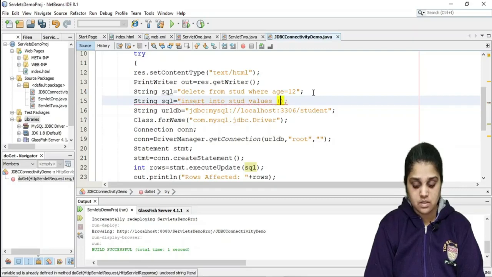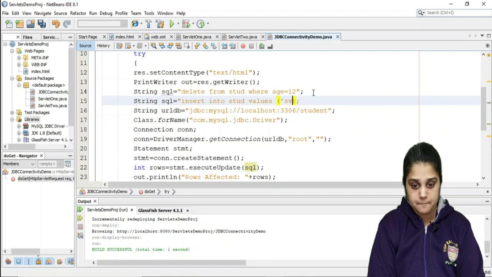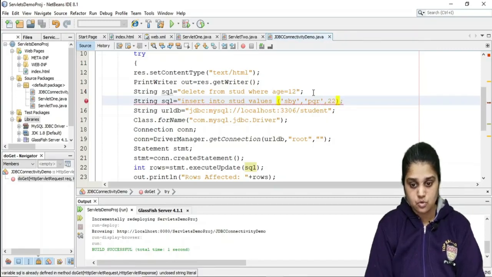I am adding entries: SBY, PQR and age is 22.